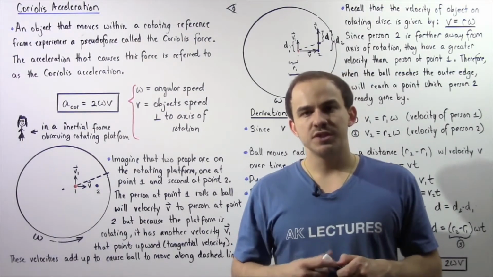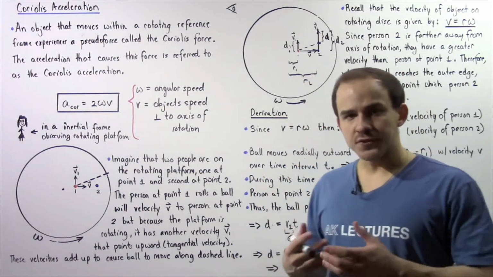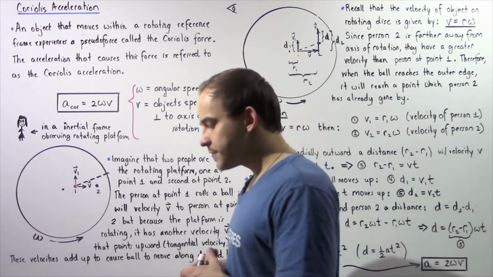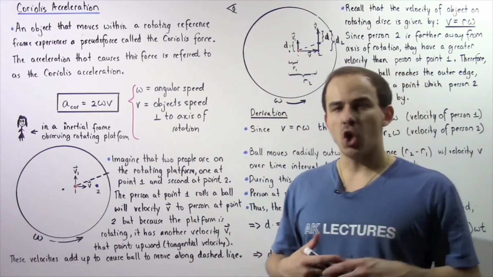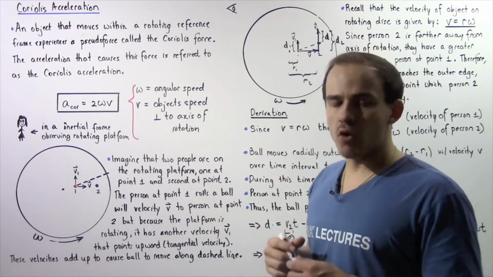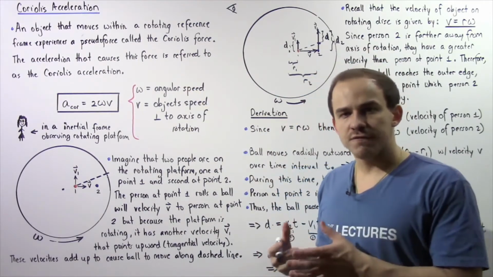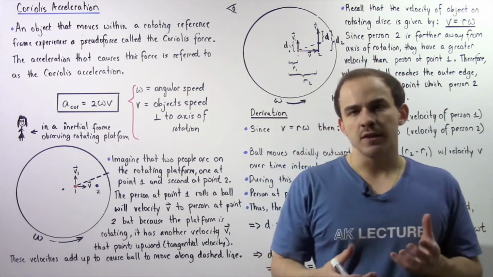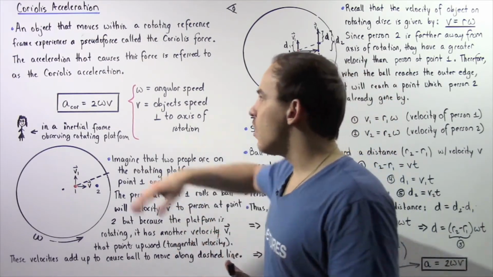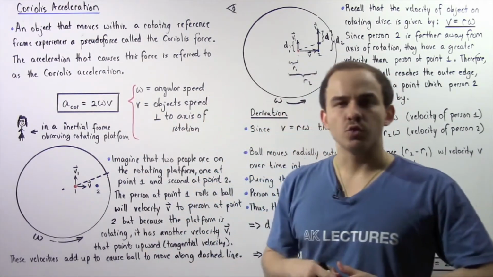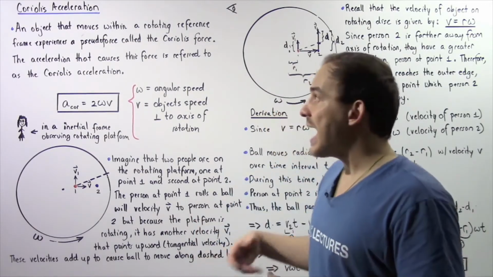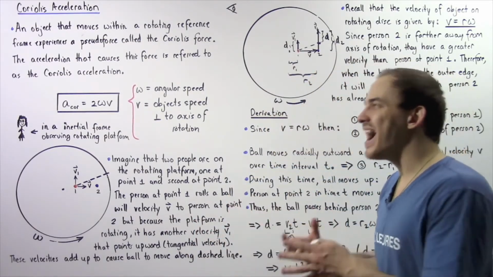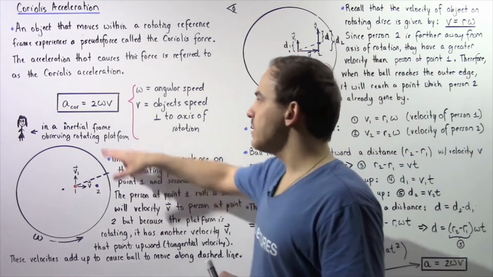Anytime an object moves inside a rotating reference frame, a non-inertial reference frame, that object will experience a pseudoforce known as the Coriolis force. Now, this Coriolis force is basically a result of an acceleration that is called the Coriolis acceleration, and the equation that gives us the quantity of this acceleration when we're inside the non-inertial frame is given